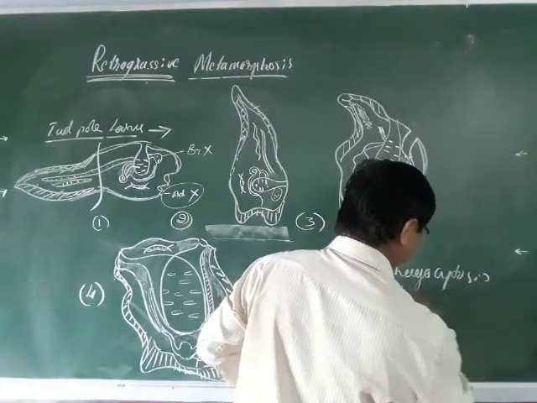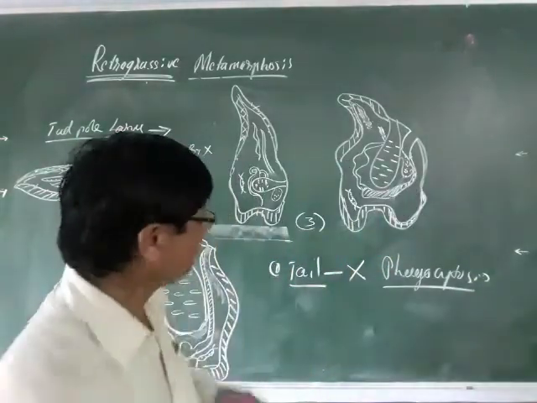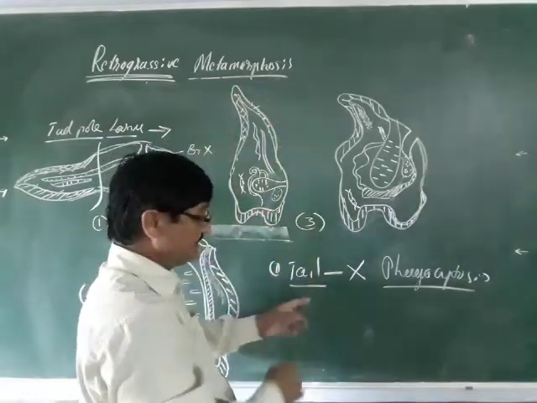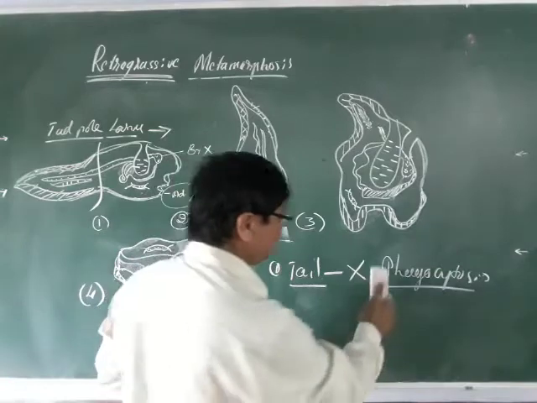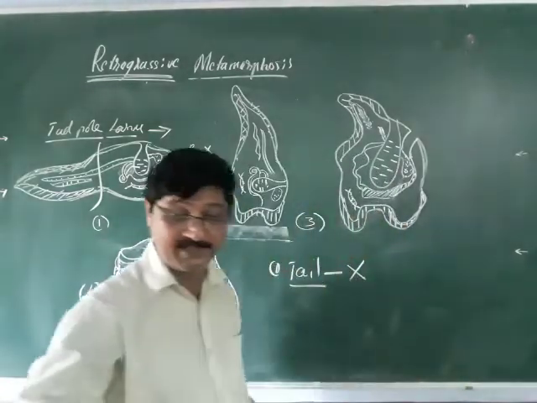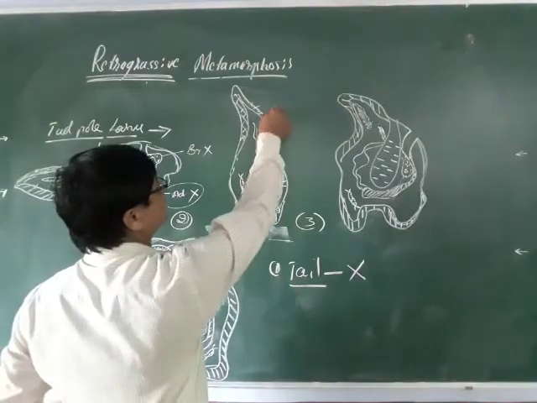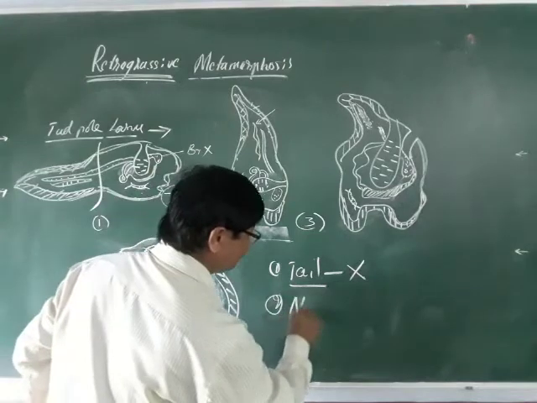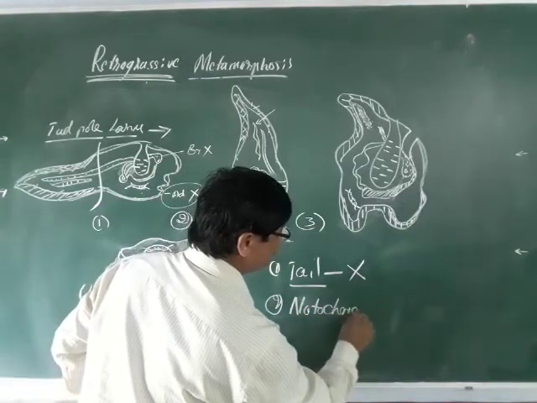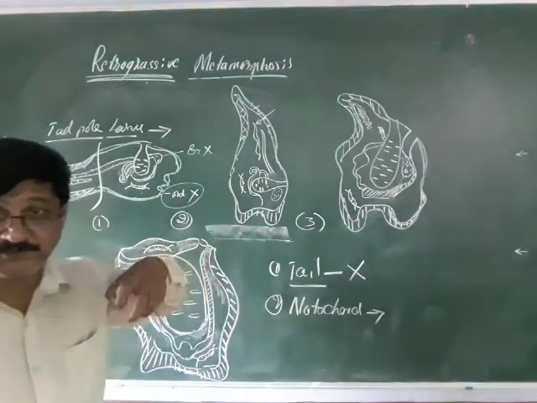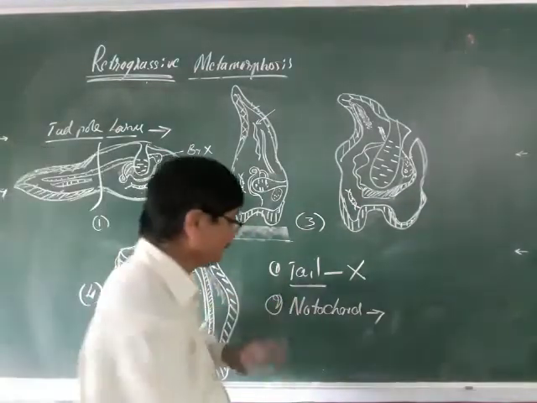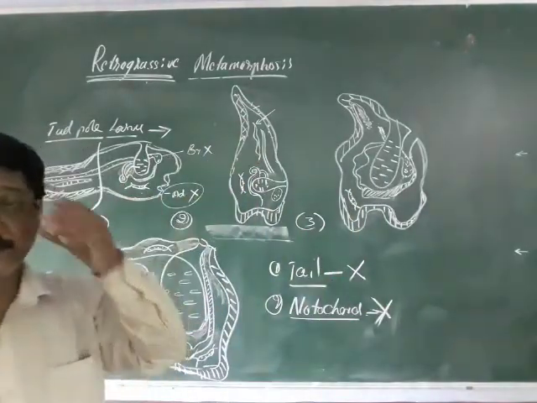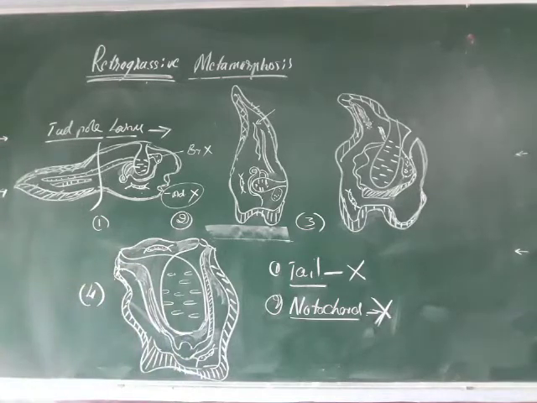Phagocytosis: cytosis means engulfing, ingesting. So all the cells belonging to the tail region regress and are absorbed inside by means of phagocytosis, and ultimately the tail disappears completely. This is a simultaneous process in the tail region. Second, in the tail region there is the notochord, and this notochord is also absorbed during the retrogressive metamorphosis. So the notochord will disappear ultimately.